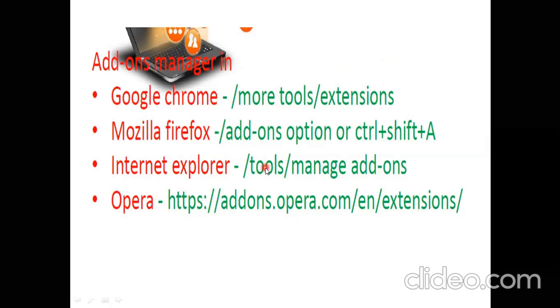Okay, so the first one we had was Google Chrome. As I was telling you, the word used for it is extensions. If you go into More Tools and Extensions, you can see what add-ons you have installed. You can do it today. You can open your web browser and figure out what extensions you are using. In Mozilla Firefox, they are add-ons. In Internet Explorer, they are under Manage Add-ons. And in Opera, again, they are named extensions.